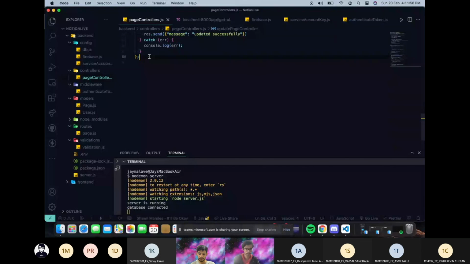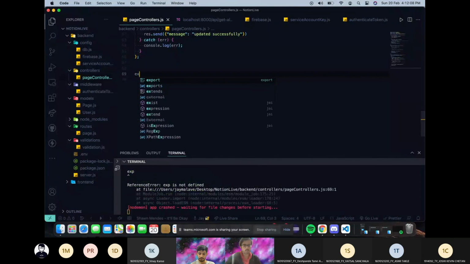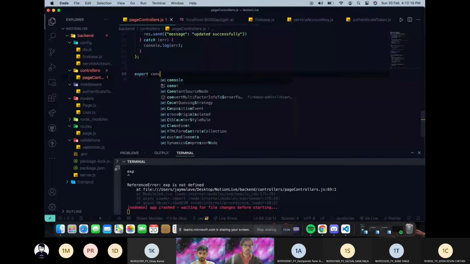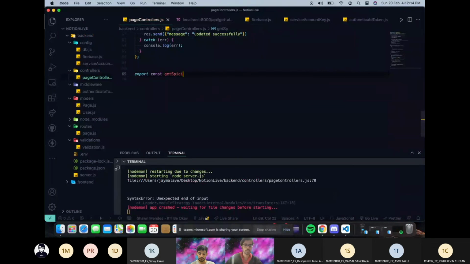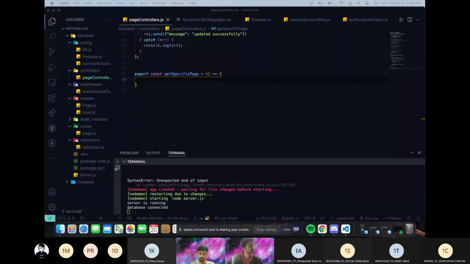Now, next thing we have to do is write a delete function. Okay, so we'll write a delete function. We have to delete a particular thing, but let's write the specific page one first, because then only we can understand exactly deleting it. Get specific page. Till now we were getting all the pages, but what if I want to view that particular page? I just want only one page. So for that,